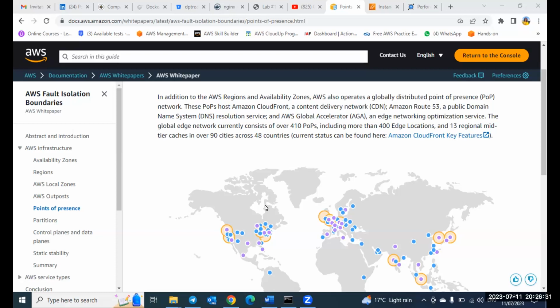Today we're going to be learning more about AWS CloudFront, and we're going to be using it to distribute static content for our origin, which is going to be an S3 bucket. So just as an overview,